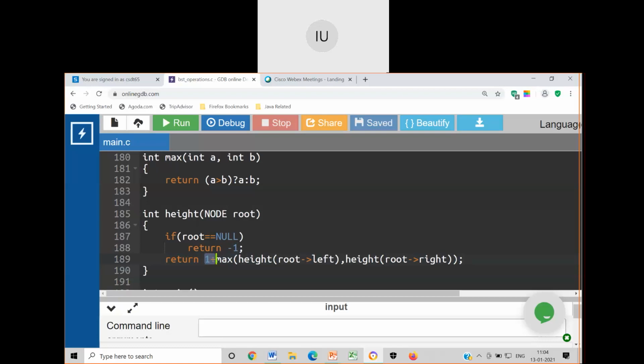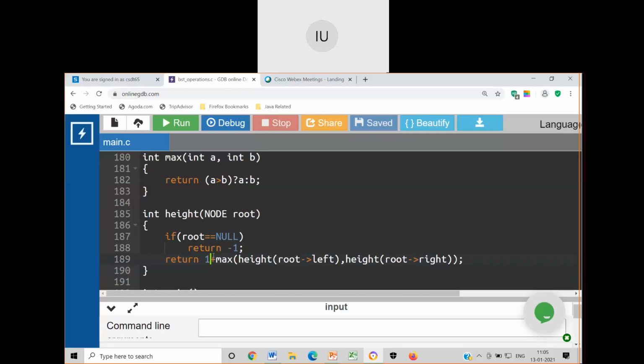So when you come back, at the root level, there is an addition of 1, which is the root's plus 1. When the whole of the return happens, the height of the tree would have been returned with 1 less than the actual height of the tree. Then who adds plus 1? The root adds plus 1, because 1 plus is also available with the root.